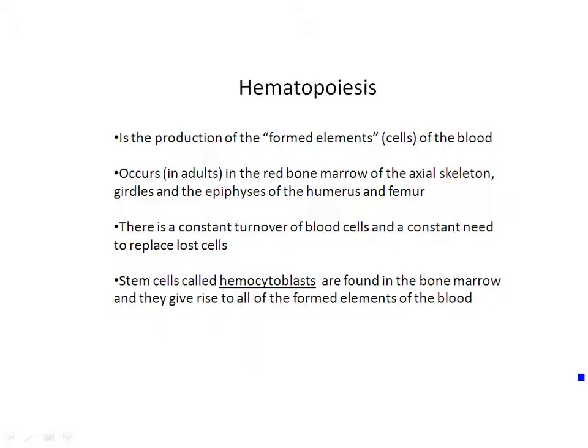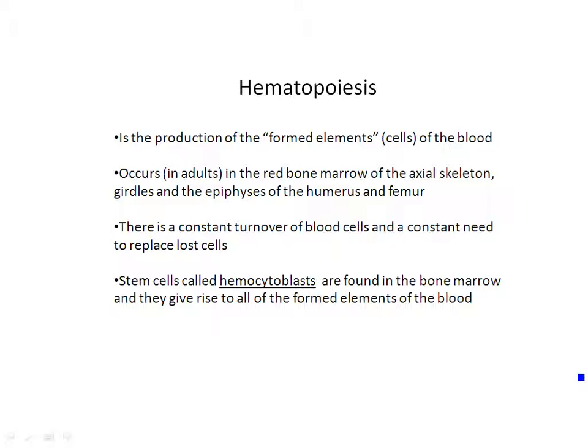But anyway, this hematopoiesis, or this production of blood cells, occurs in red bone marrow. In the axial skeleton, you're going to find it occurring in the cranial bones, the flat bones, the bones of the vertebra. Then you have it occurring in your girdles, like in your sternum, your clavicle, and then in the pelvic girdle, you're going to have it in the ossa coxa. And then also you're going to have this taking place in the humerus and femur in the epiphyses of these